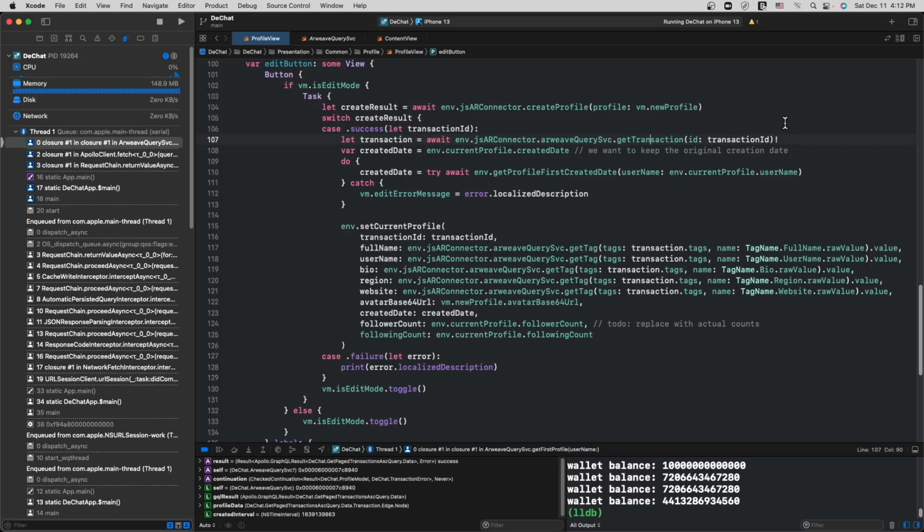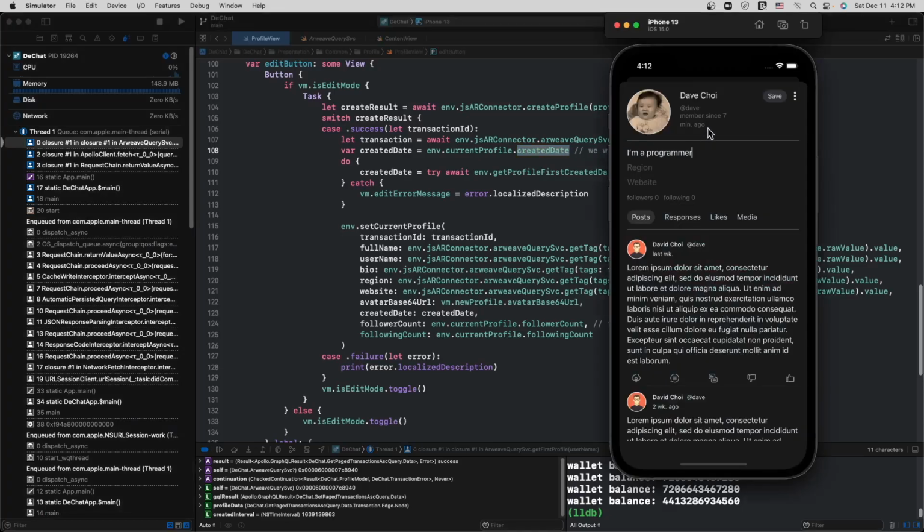So based on that transaction ID, I'm going to get back that transaction, but it's going to have the latest created date, meaning the latest profile record that I created, which is a problem because then this member since some date would be wrong because it would show the latest edit instead of the very first record.